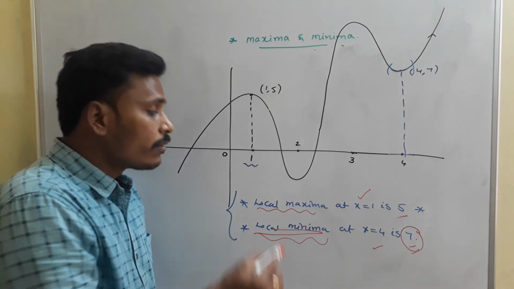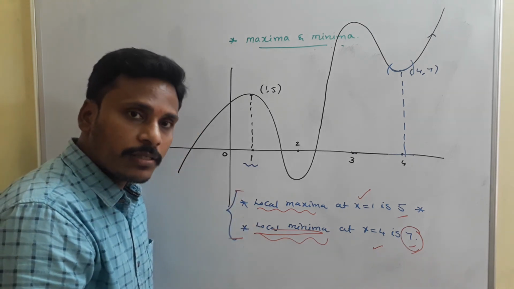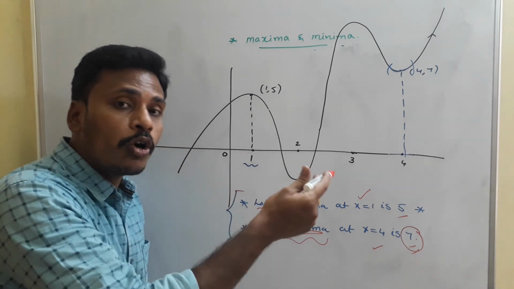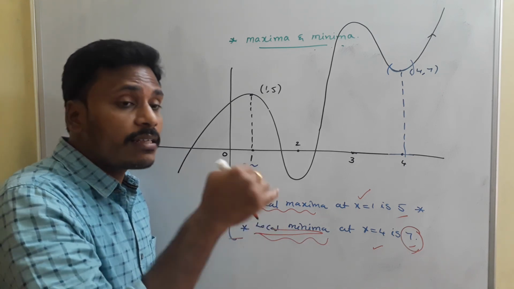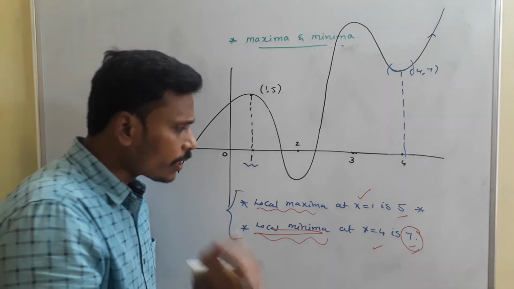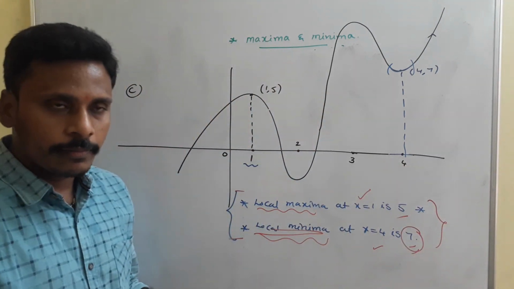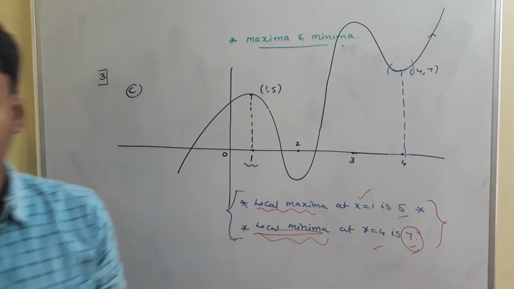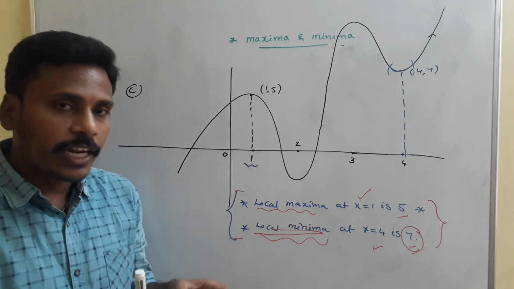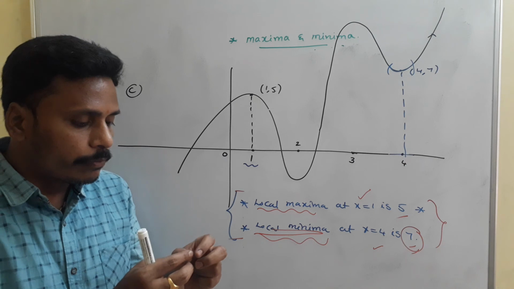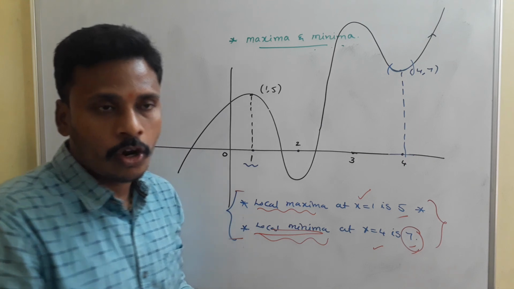So when you think about local maxima and local minima, there are some situations where the local minima is more than the local maxima, and there are some functions where the local maxima is less than the local minima. So from this point I am trying to conclude that particular statement, right? Okay, just have a look. And in the next class I will discuss the conditions and different problem solving rules to find maxima and minima for different functions.